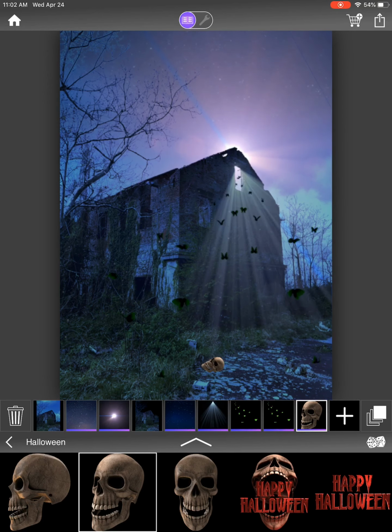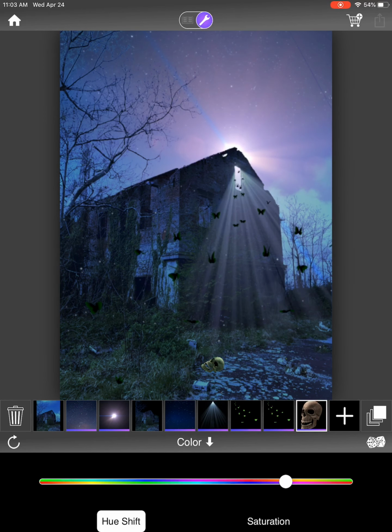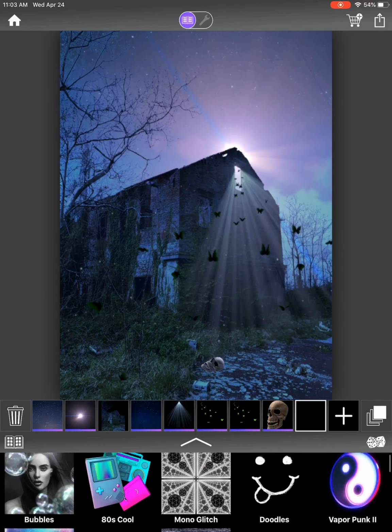And I'm going to adjust the color of the skull again. So click on color and give it a bluish scene to match with the ambience of the night scene. So what I thought was, just for the heck of it, and there's no real rhyme or reason here,